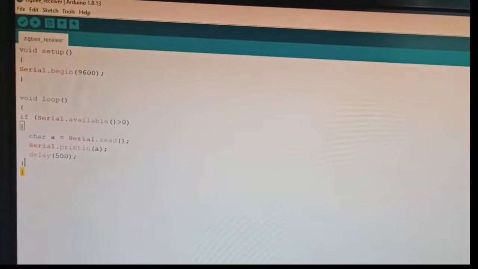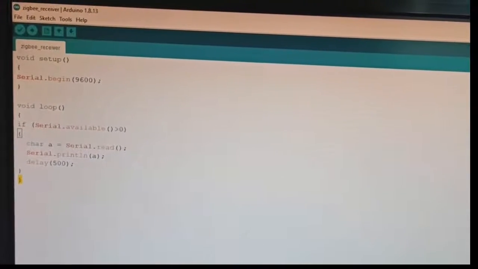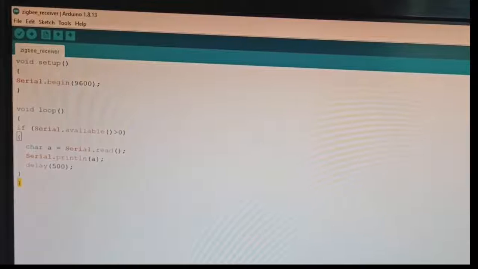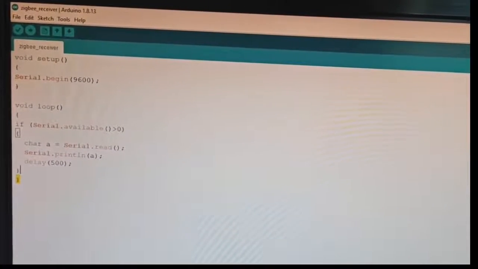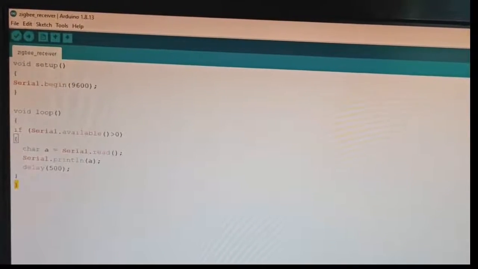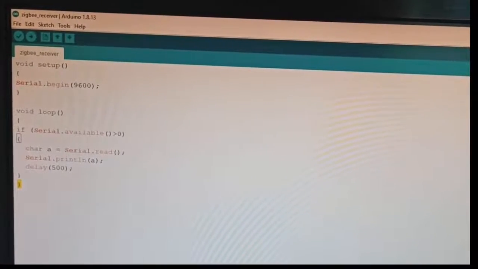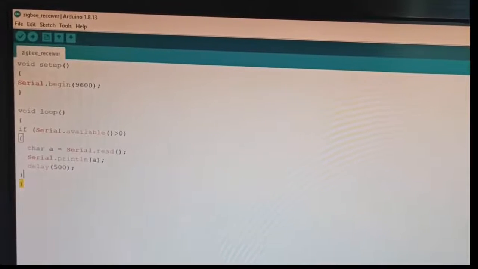For that I am using an if condition, if Serial.available() > 0. If it is greater than 0, we need to get the data and print it in the serial monitor. For that we are using char a = Serial.read().